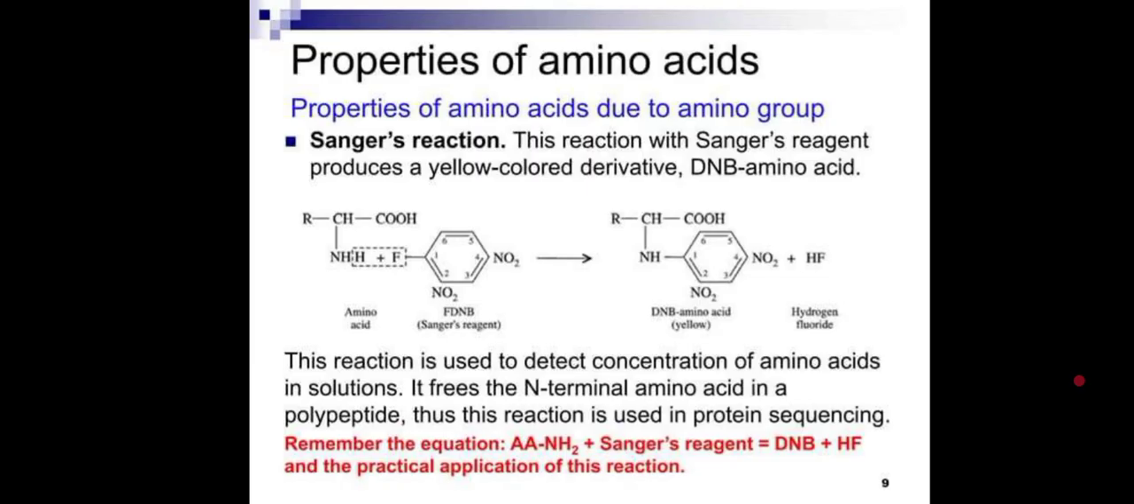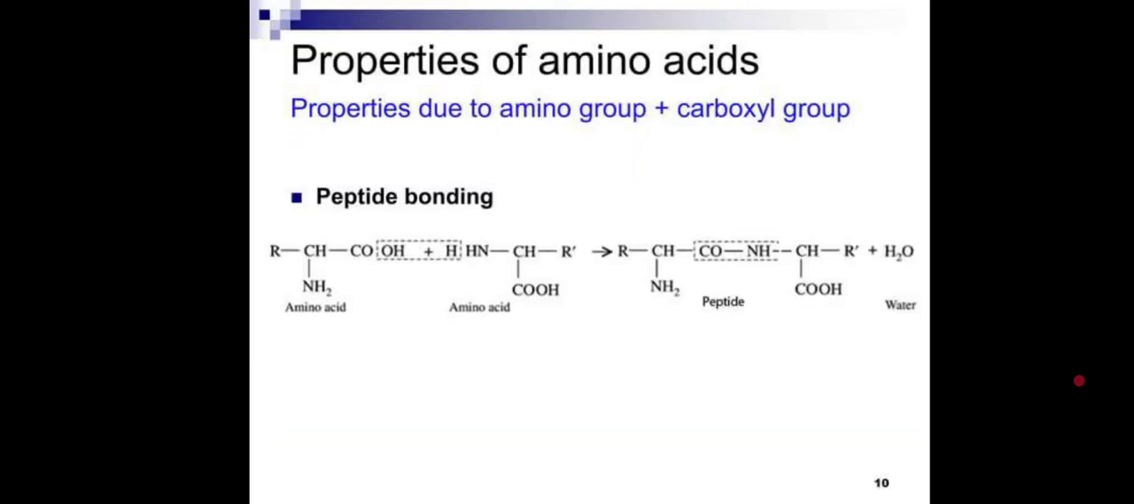And what happens in this reaction is that the reagent frees the amino group in the polypeptide chain. It's just like scissors going about at the amino group joining with the carboxyl and cutting it. With that, you can calculate the number of amino acids present in a particular solution. We also have